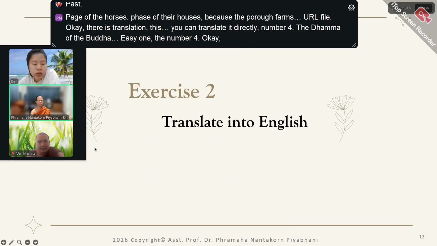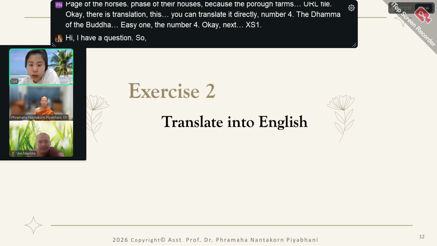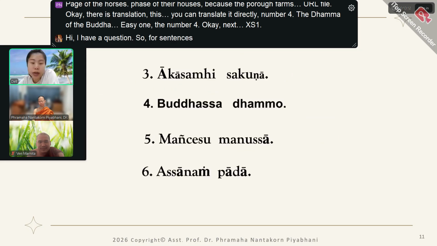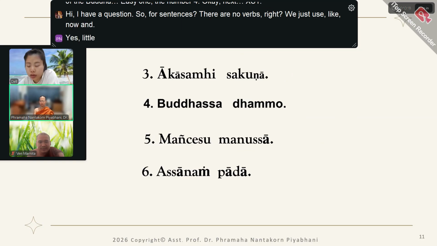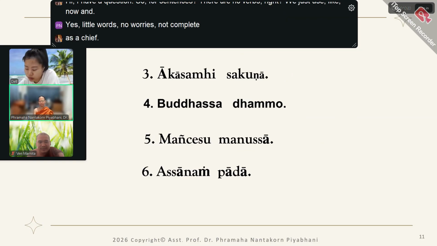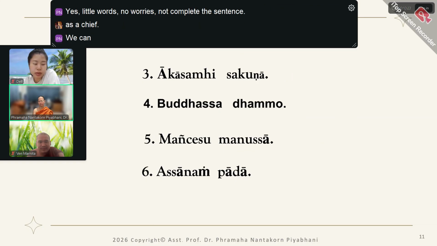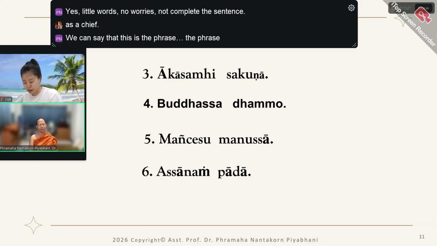Okay, next. Ajahn, I have a question. So in the four sentences, there are no verbs, right? We just use noun and adjective, no verb. It's not a complete sentence. We can say that this is a phrase, or we can say that this is the